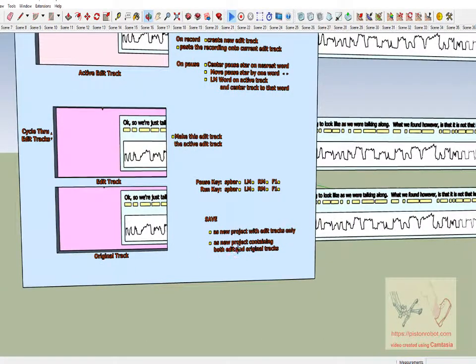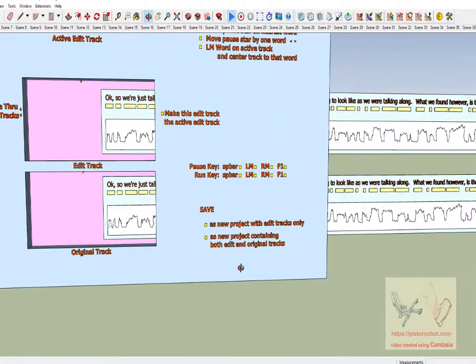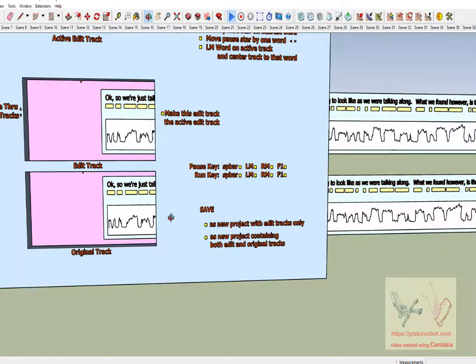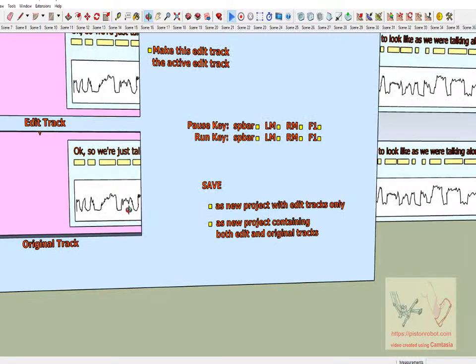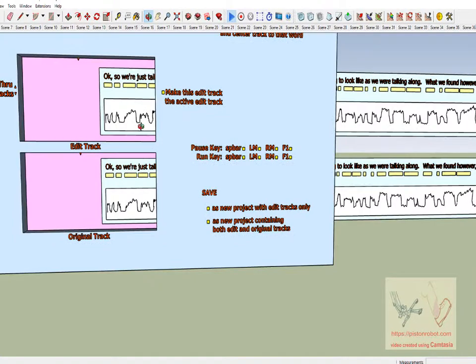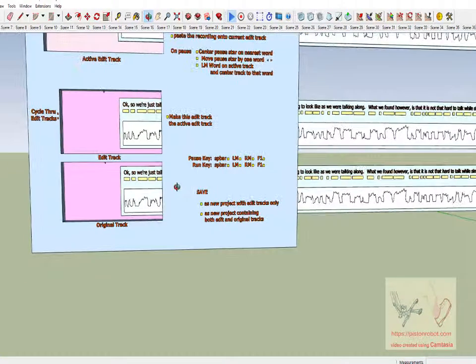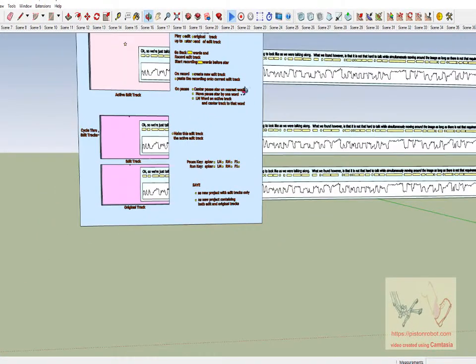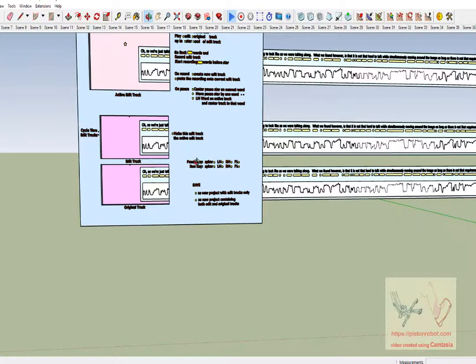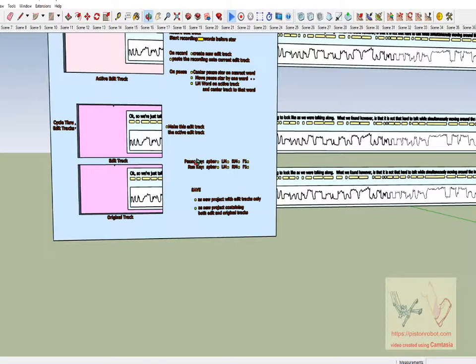And if you wanted to hear what your new edit track sounds like, I guess you'd have to somehow or another tell Camtasia not to play the sound of the original track, but to play the sound of the edit track. And the final effect of all of this is that you can recreate your sound